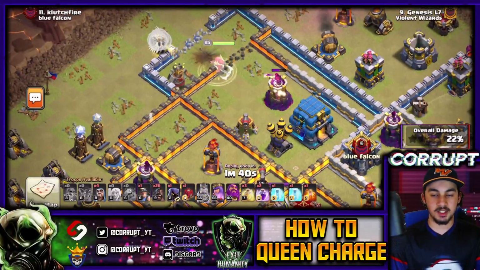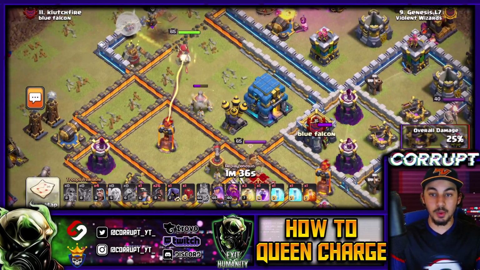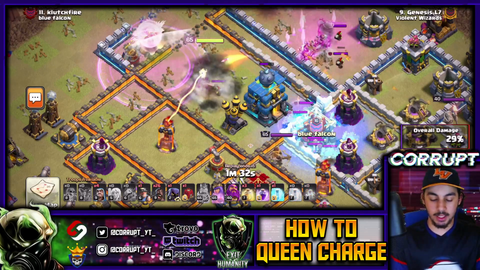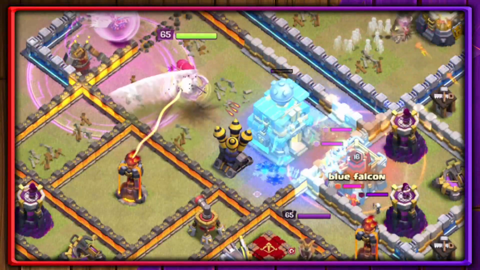So you'll see that we're going to be stepping up now to deal with the Town Hall. We're going to deal with the multi-target Inferno, and we're going to be able to get through the enemy clan castle troops with the poison. So you'll see that we're going to be able to easily deal with the enemy clan castle and the Town